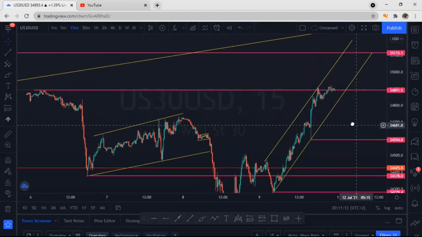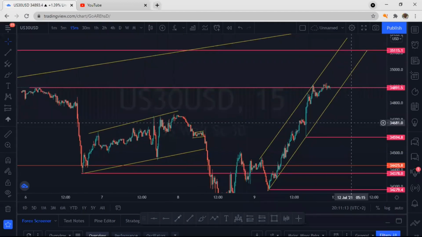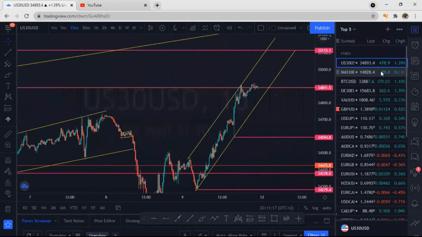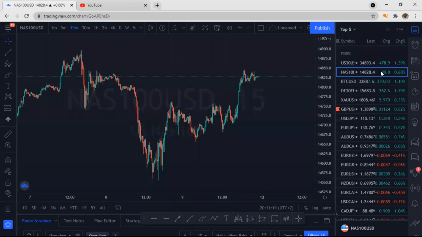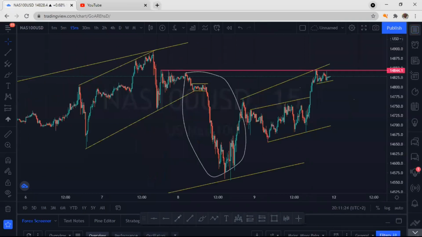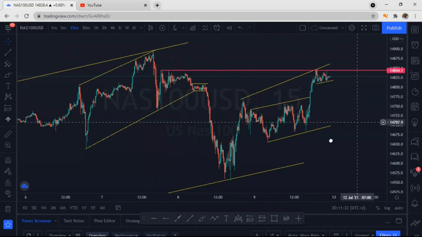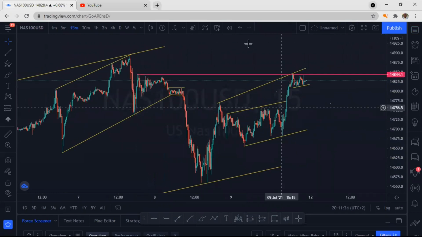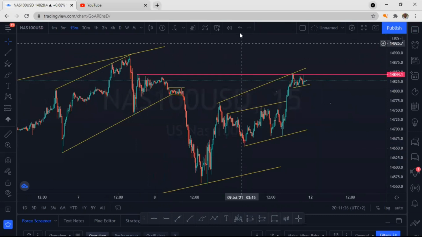Isn't this US30? Yeah, only USD. This is US30 now. Okay, it's USD. This is Nas 100 USD. Yeah, no, Nasdaq, guys. Yeah, Nasdaq. It took time to do. I kept on pressing this button, man. Okay, going backwards. Sorry about that.